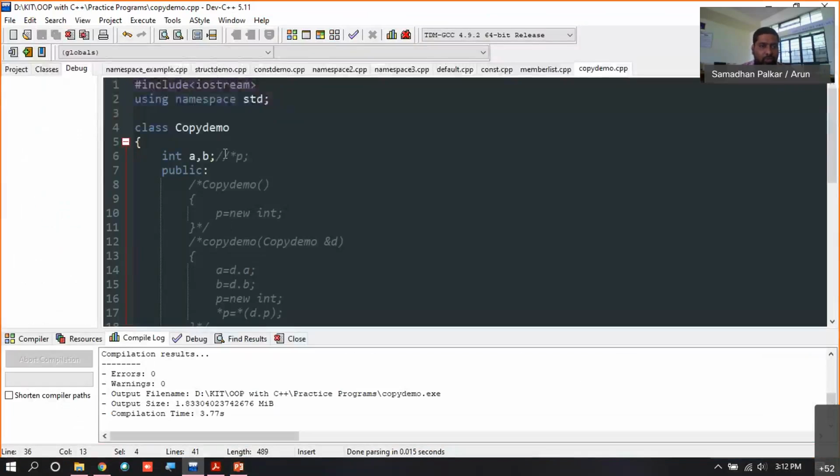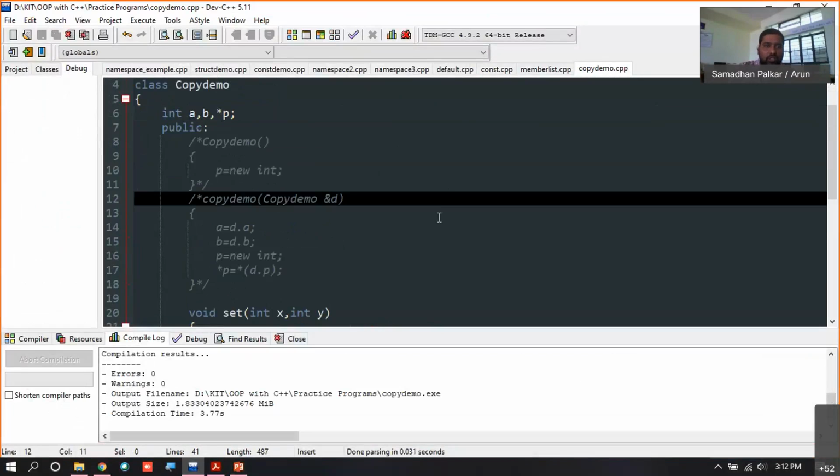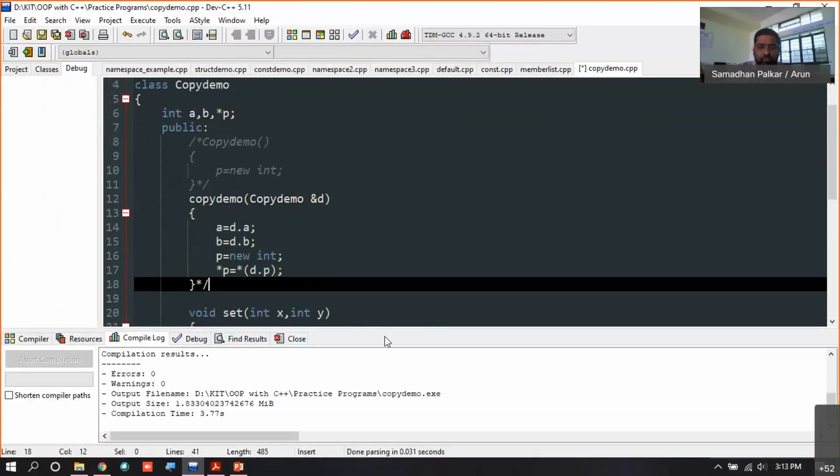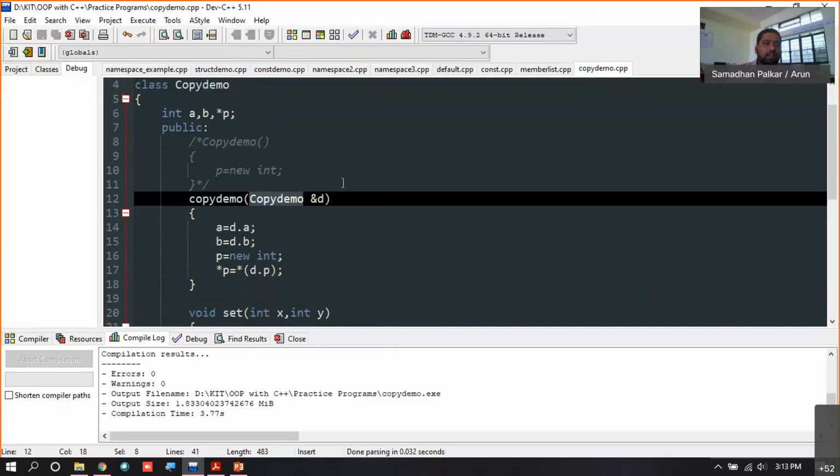Deep copy, shallow copy. Now this is the case where we have a pointer variable, which has a value as well as an address. So we need to check that. In this case, we need to provide a copy constructor which provides an exact copy, wherein we pass the object as a reference.